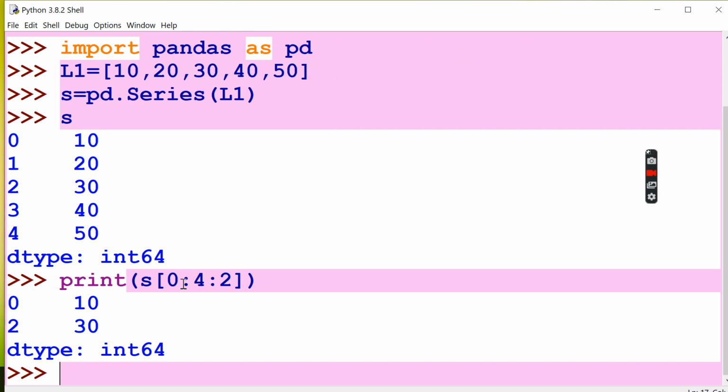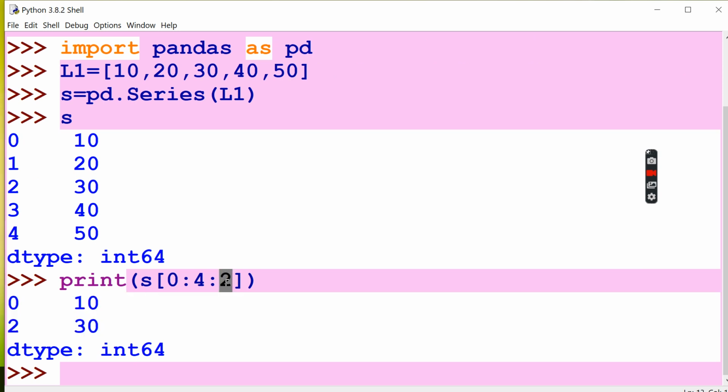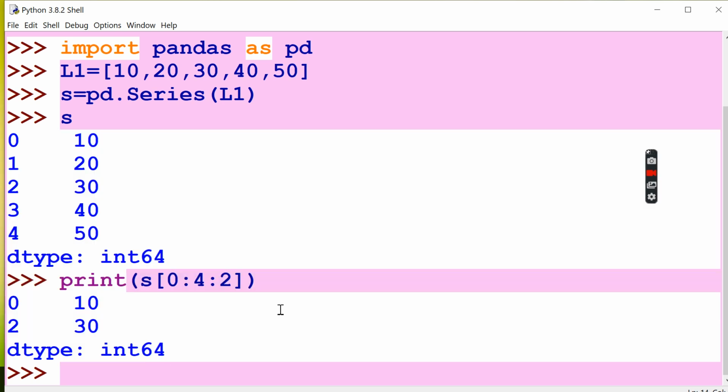See here, 0 and 2 only are printed. Okay, according to the stepping value, it will jump, the jumping value, you can say in other words. So 0, then 2, 4 won't be printed, the ending value won't be printed. So from this example you could understand how this slice works with the step value.